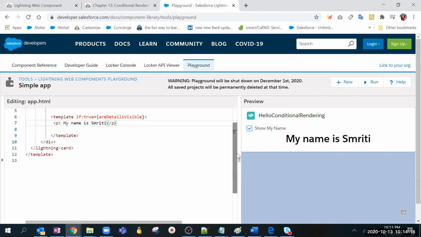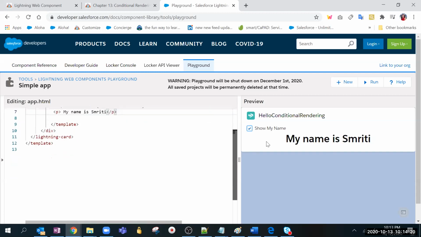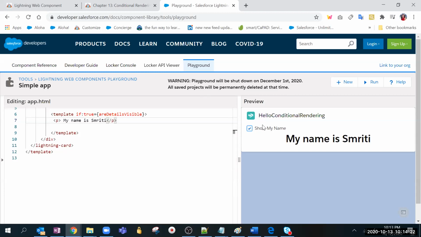Okay, simple, right? So do you guys want to try it once and then share the screen? Yes.